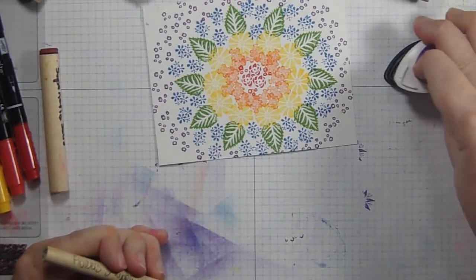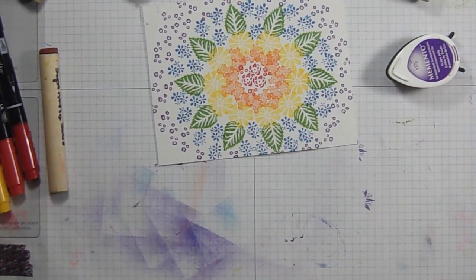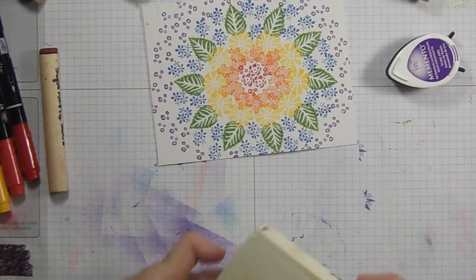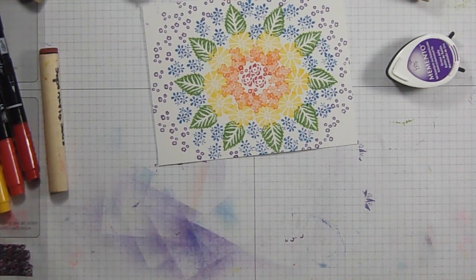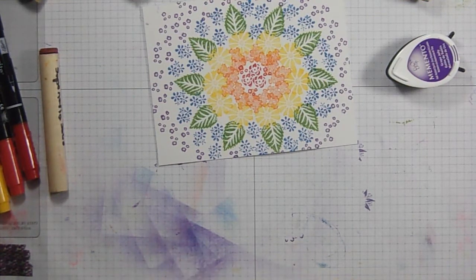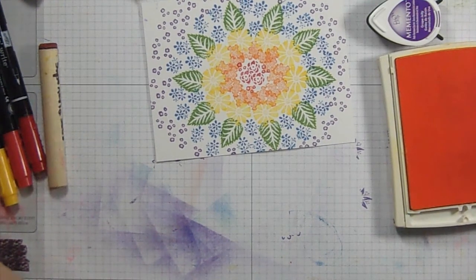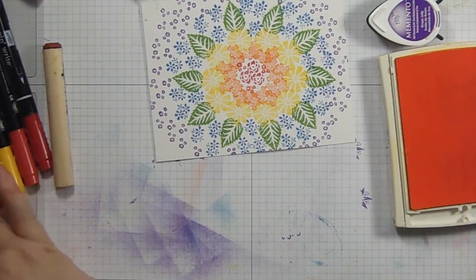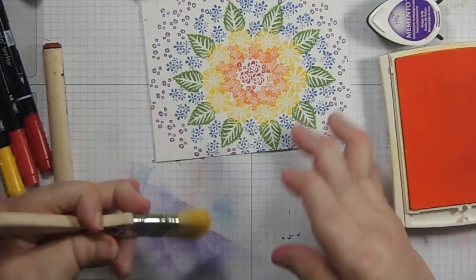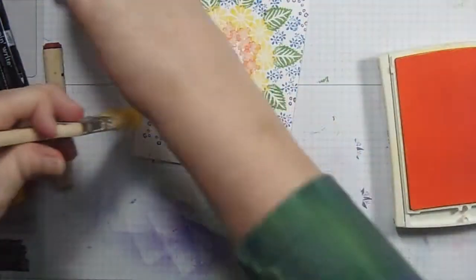So that's where we stand right now. Now, when I did the last one, the way I did the colors is I started with my center, and I did yellow all the way out from the red in the center all the way out to the end of the yellow, because I couldn't figure out another color that really worked well. The orange was a little bit too dark, so I went with the yellow instead. But you can always use other colors if you want, and I'm going to turn it this way so I can get both my ink and my